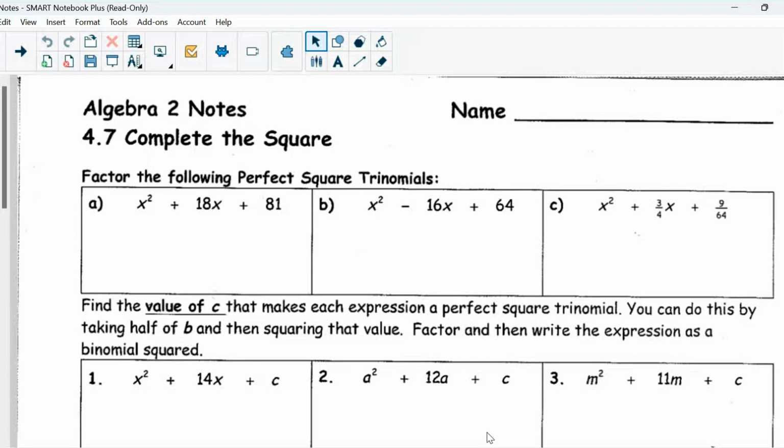At another method of factoring or solving polynomials called completing the square. So before we get into what completing the square actually looks like, let's take a look at a couple perfect square trinomials as review. So remember, when you have perfect square trinomials, the main identifier between the two different formulas